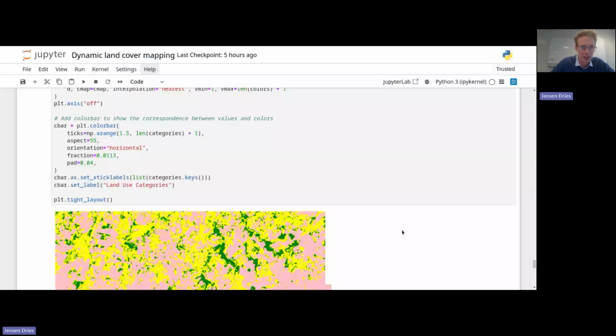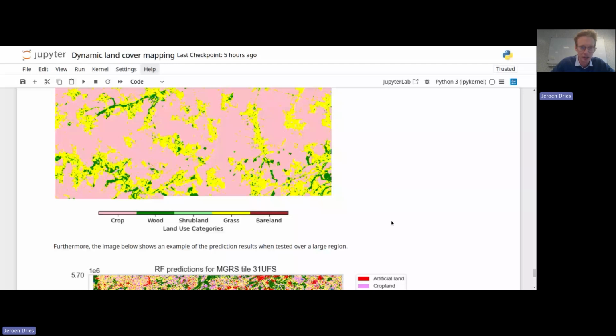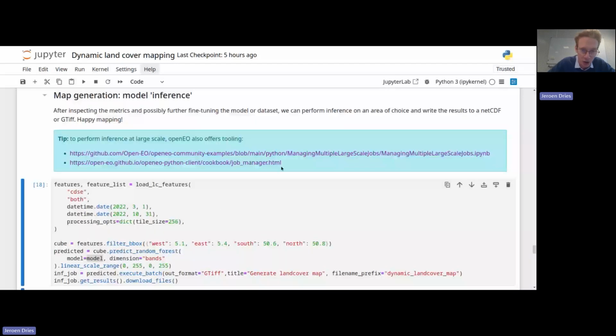If you're interested in how to do this for a larger area, since this is showing me how I can do it for a small area, then we have separate notebooks and tooling for that. And I put the links in the notebook so that people can find them. Basically what it comes down to is defining a grid, and then running multiple jobs over each cell in your grid using the openEO tooling. So then you really run a lot of jobs,